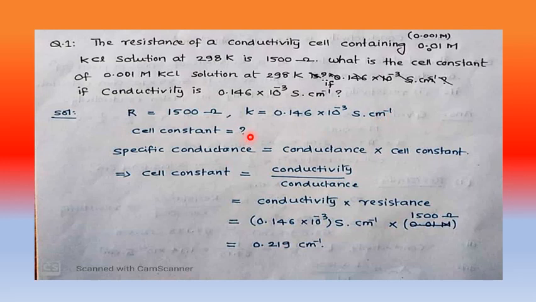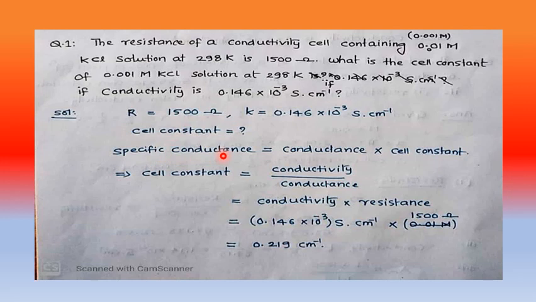Cell constant. The thing is that there is one more confusion here. Already in the question the concentration 0.001 is available. You may think, sir, we are not going to use the concentration. No need. This is the framing of the question only. The question is designed like this only. But in this specific question, we already have a direct formula, because in both cases the concentration is same. So already we have a direct relation.